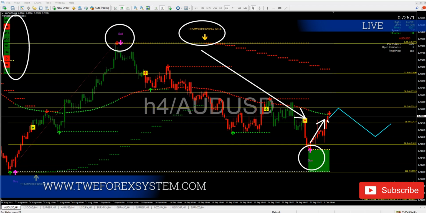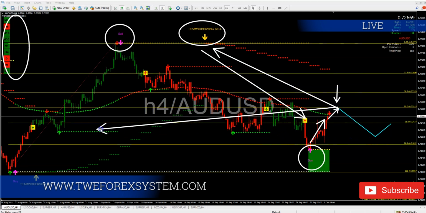What's my understanding for this coming week, for the week of October 6th to the 10th, trading our Forex multiple time frame weekly analysis? What I'm saying here is the market still has potential to come back and retest your 50 Fibonacci line. And from there, remember, the market is selling, guys. Don't get it wrong. The market's still selling here. From here, the market will drop, retesting your 61 to your 78 Fibonacci line. Most likely it's gonna come back and retest these previous multiple time frame arrows in here. And from there, the market is gonna make a small retracement. By then it's gonna be Wednesday. So this coming Wednesday, we're gonna do the before and after.